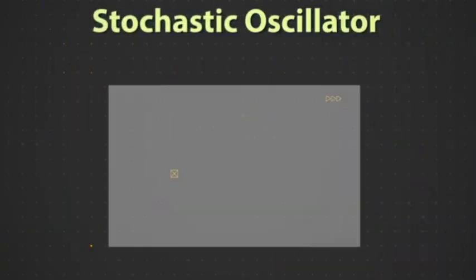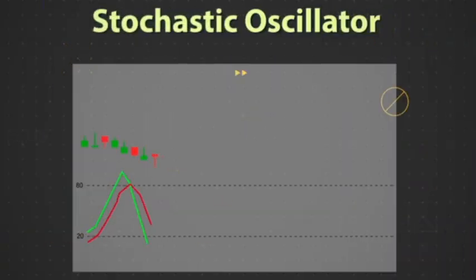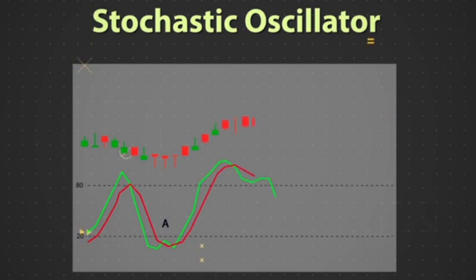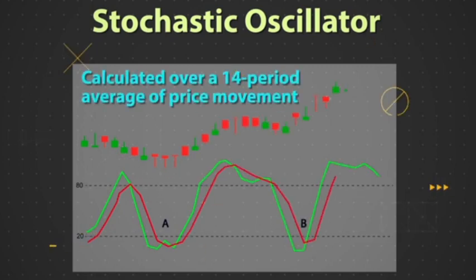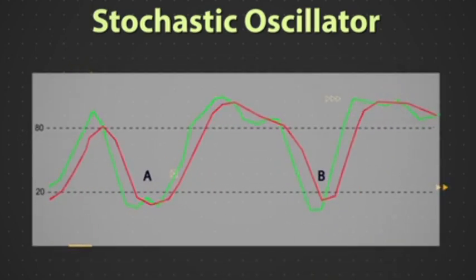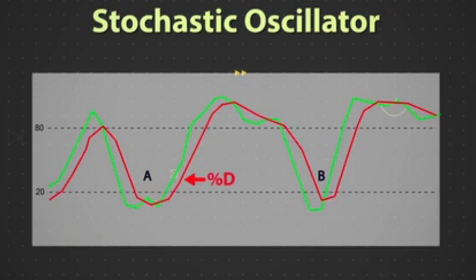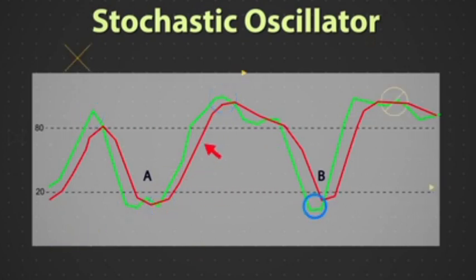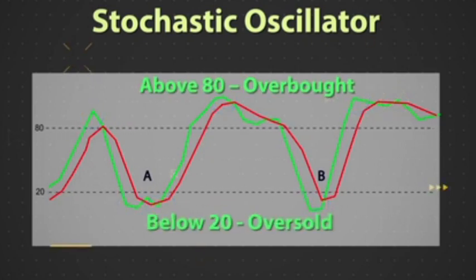Stochastics is a technical indicator which is available on most of the trading platforms. Just like RSI, these oscillators help you to gauge whether the market is oversold or overbought. The oscillator is plotted on a chart by comparing the current closing price with the highest high and the lowest low during a time period. The default setting for the stochastic oscillator is 14 periods. As you can see here, this indicator is depicted by two lines. They are known as the percentage D and percentage K. The percentage D line is the moving average of the percentage K, and both lines together indicate whether the stock or index is overbought or oversold.